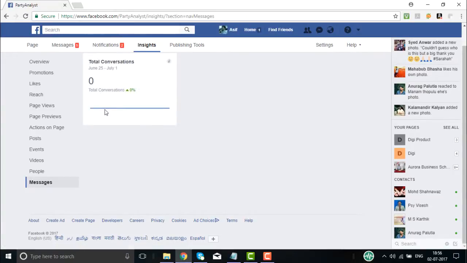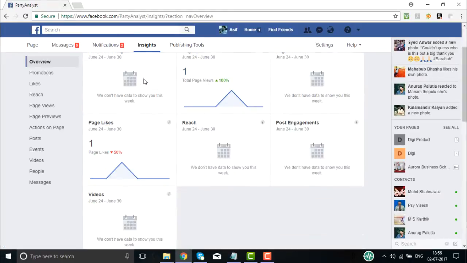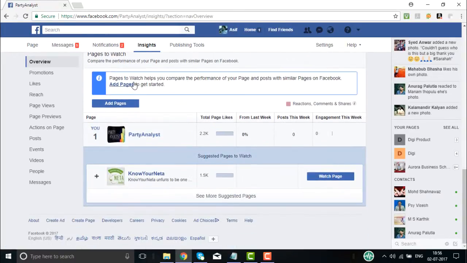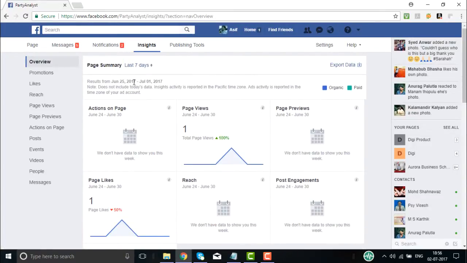And in messages, what are the messages that are happening? If there are any messages, they will be displayed here. And when you go back to overview, you will see the complete information that is available for you. This is the information that you need to track, analyze, report, and take informed decisions based on the kind of flow of traffic that is happening in terms of page views, in terms of views, in terms of likes,